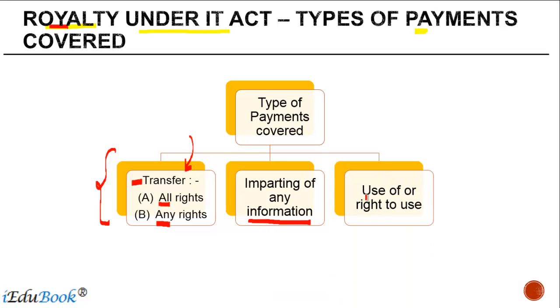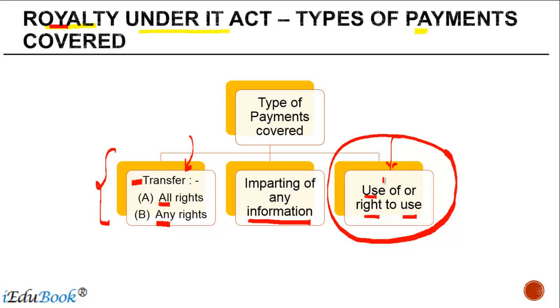And the third one is use or right to use certain assets. Now, suppose I am an owner of a copyright or a patent or a brand or an equipment for that matter. When I allow a person to use that equipment or brand or patent, etc., the payment that I receive from him is classified as royalty. Now, in 9 out of 10 cases,